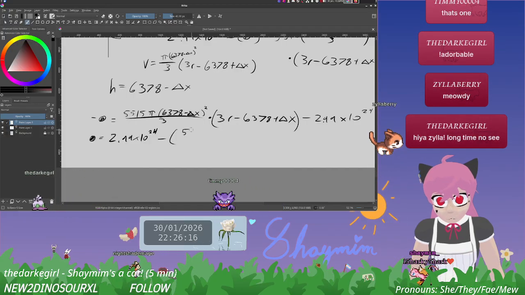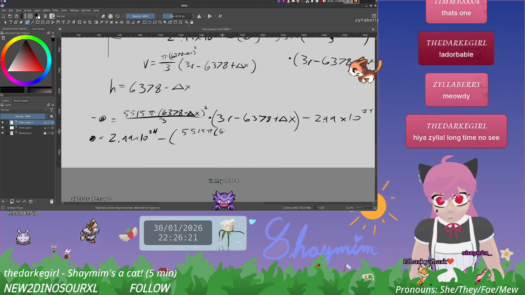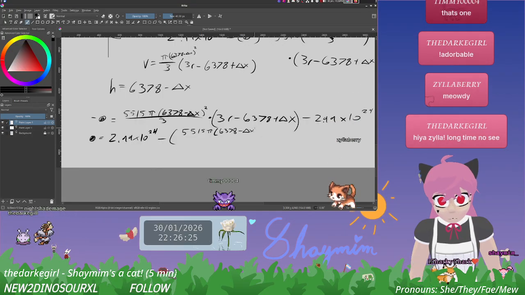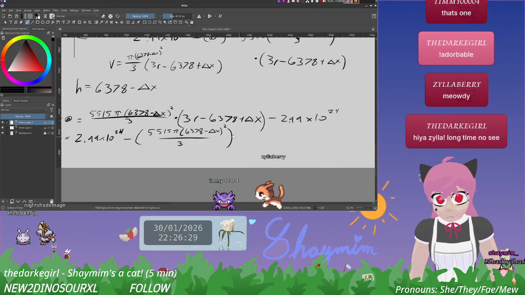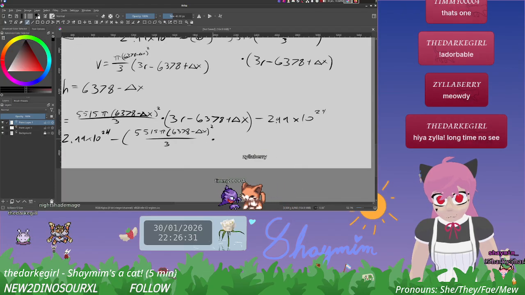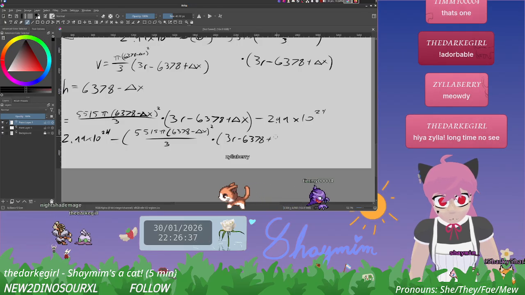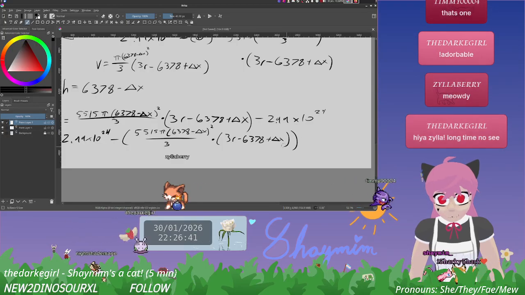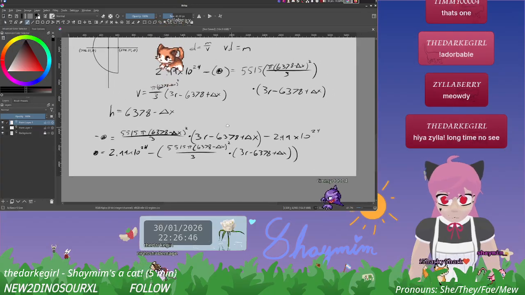And I do see why I was about to. 6378 minus delta x squared over 3, I guess times 3r minus 6378 plus delta x. And like that. Okay,